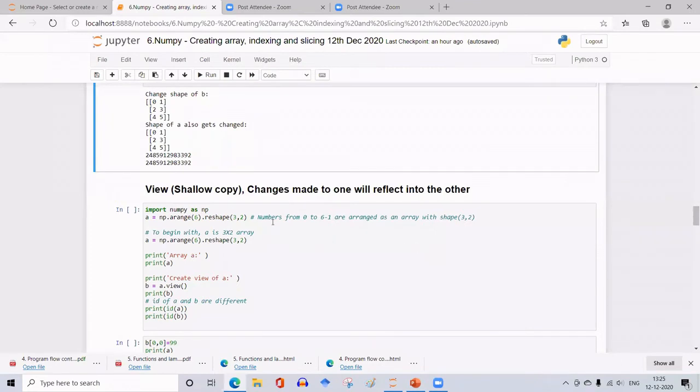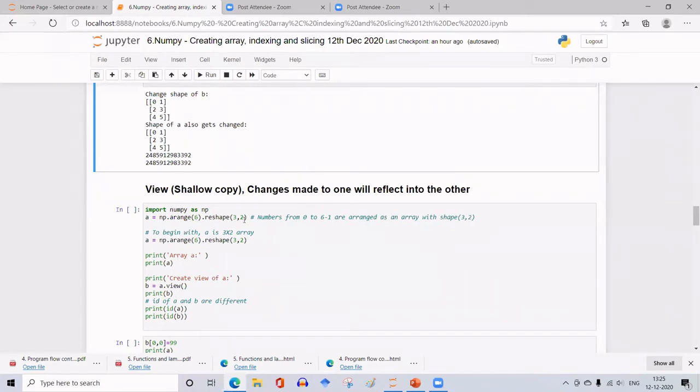Suppose if you change a number in the first array, the same thing happens in the second array also. To illustrate that, I have taken this array A, np.arange(6), and reshape it to 3 by 2.